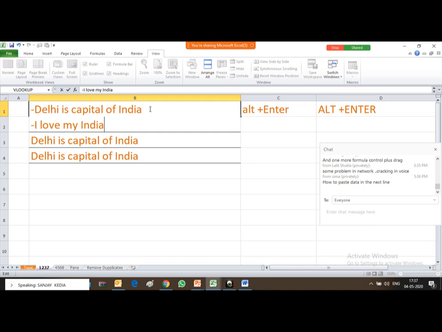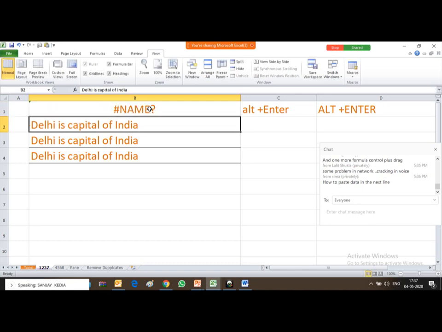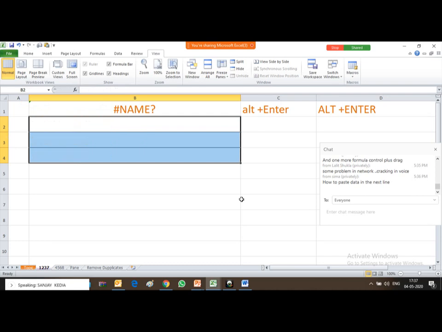So if I now press enter, this will show like this. What is the reason that I have typed Delhi is capital of India, and then next line I love my India, but it is appearing like name? Why is it happening so?